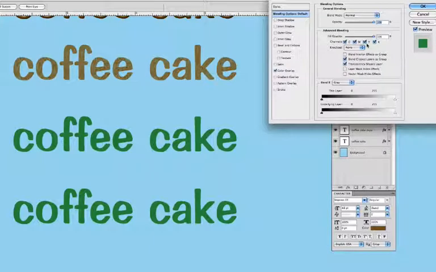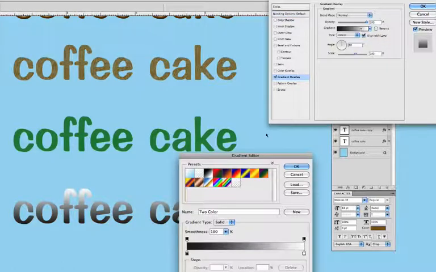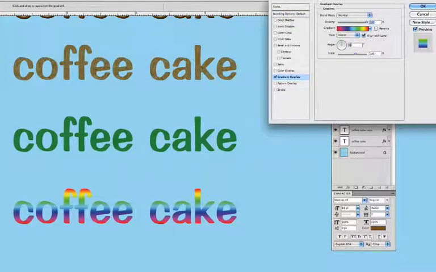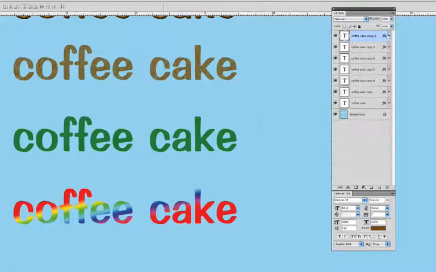Next is the gradient overlay. Here we have a Photoshop preset that we can apply. Control the angle, scale, and direction. Just 2 more to go. Let's duplicate that layer,